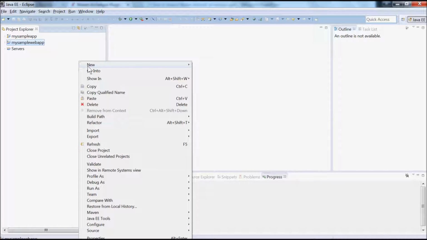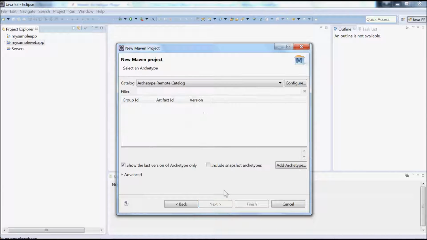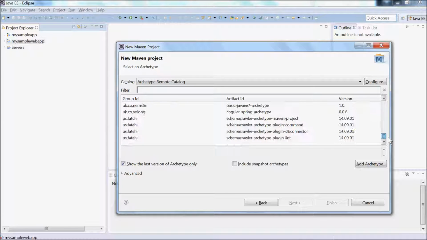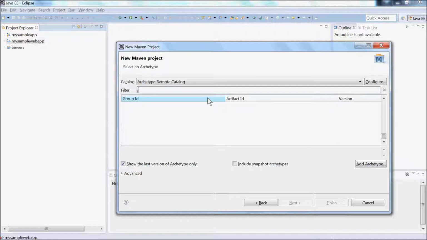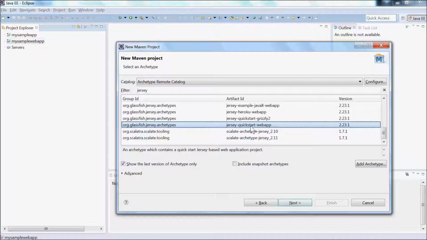Okay, now let's come back and create a new project again. Maven, same thing. I'm not going to repeat this. So you can see that it found all these artifacts, and they all came from this remote catalog whatever we used. So let me type something on Jersey. It's taking a little time because it has to search in all of them. So this is here. Earlier it was not coming. So you could see that adding the remote catalog enabled you to create a project for Jersey.